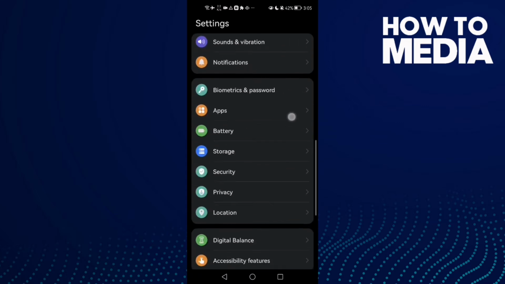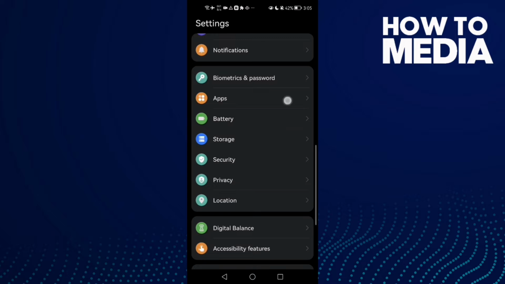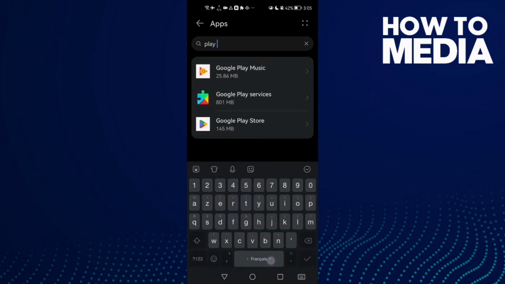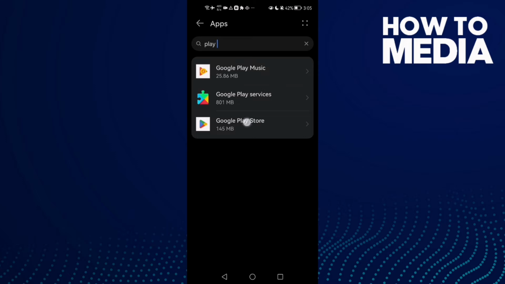and then just scroll down until you find apps, and then go to apps again, and here you will find Google Play Store, or you can just type it here and you will find it, and then click on it,